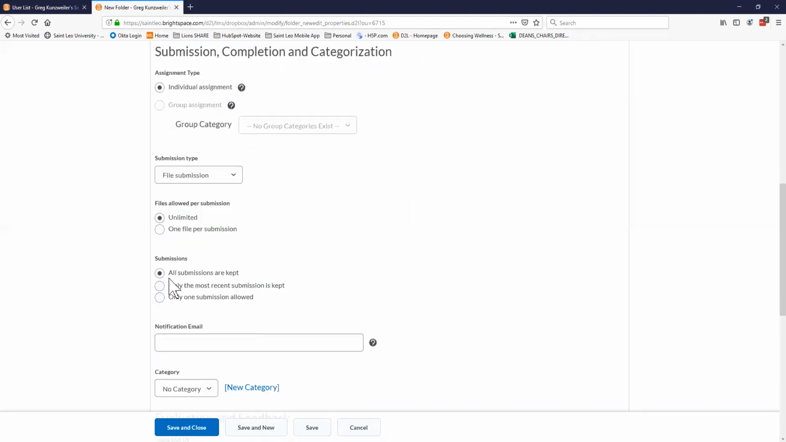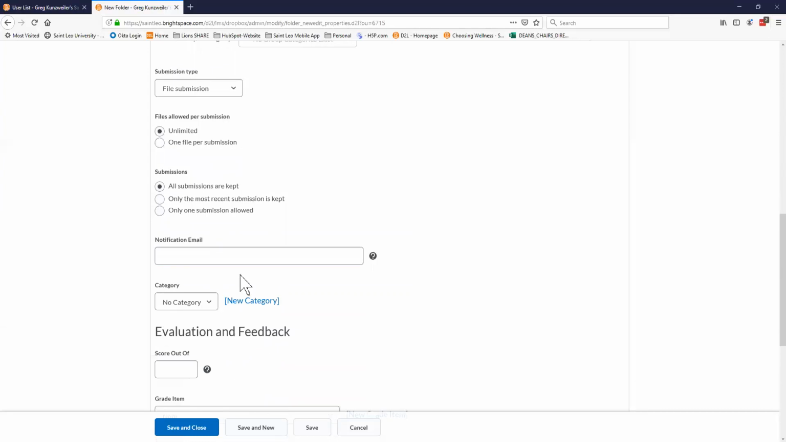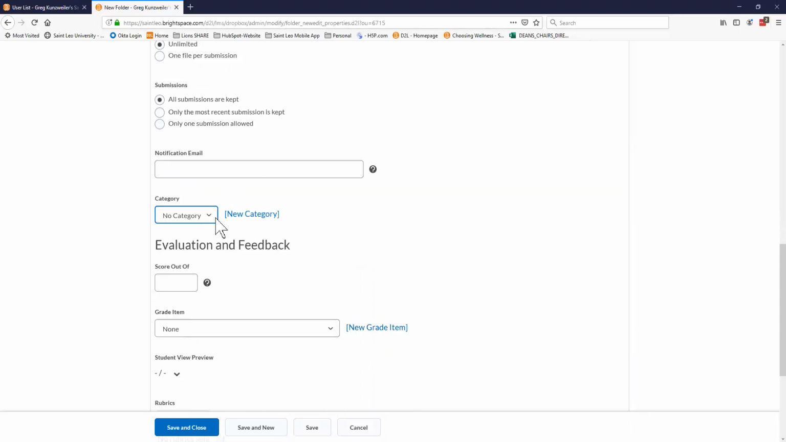And then keeping all this in default. If you wanted to really get notified if somebody did that, you could put your email in here. I don't ever do that. Then here's where you make sure you have,